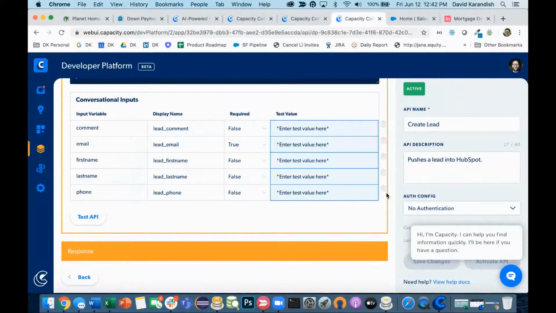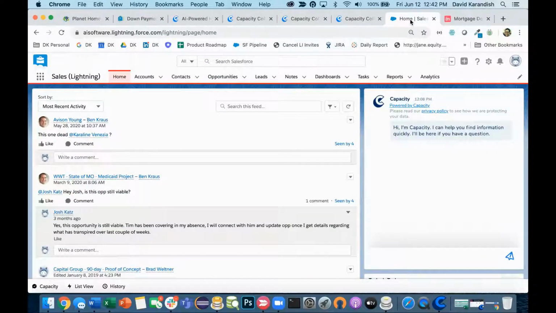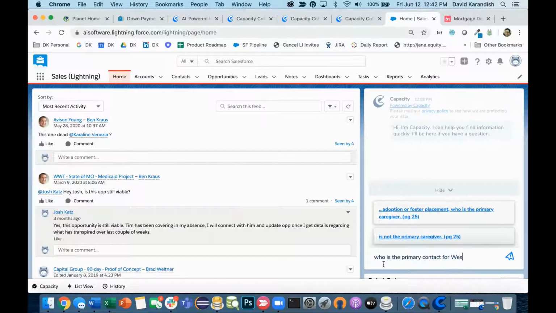Speaking of intranets, Capacity can deploy in a wide variety of places, including Salesforce.com. So we have a native embeddable Capacity widget that you can place in your Salesforce Lightning instance. So you could go ask Capacity all sorts of different questions. So if I wanted to know, who is the primary contact for West Community,